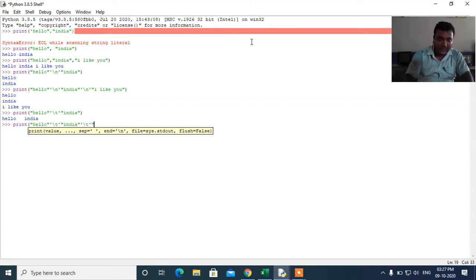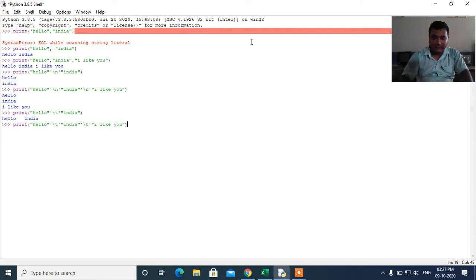Now you write I like you. Okay, and after that you press the enter key. So what you see here, there is a space between hello and India and I like you. This is the tab space. One tab space equals 5 spaces.